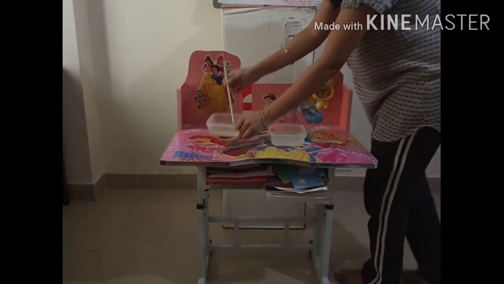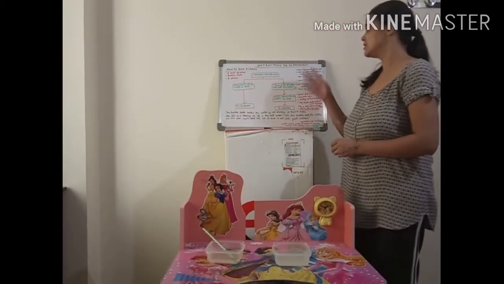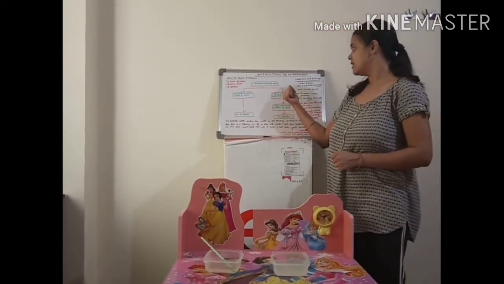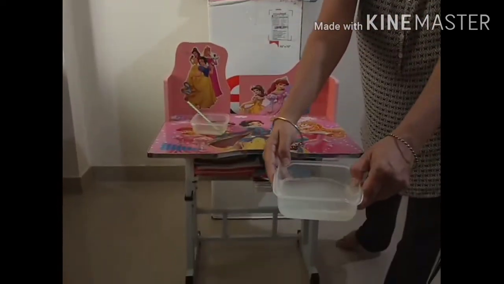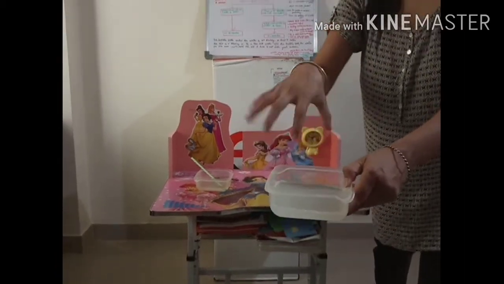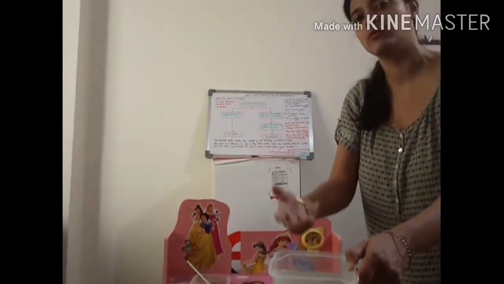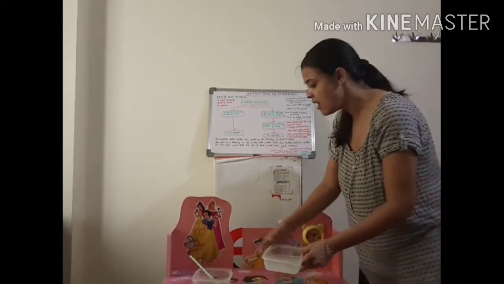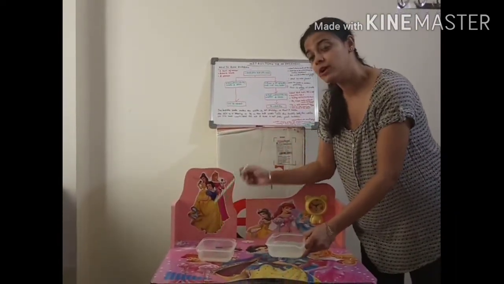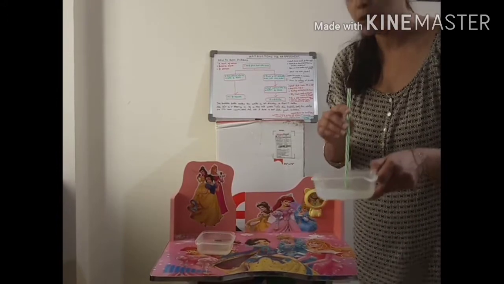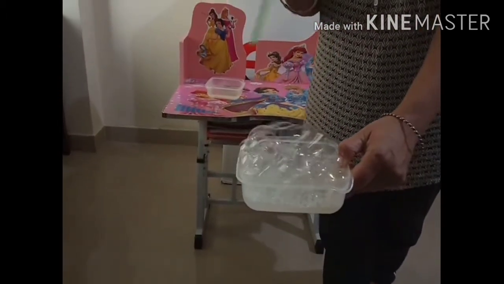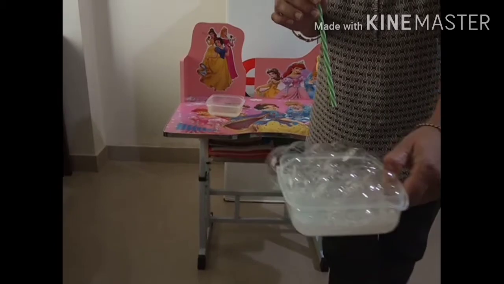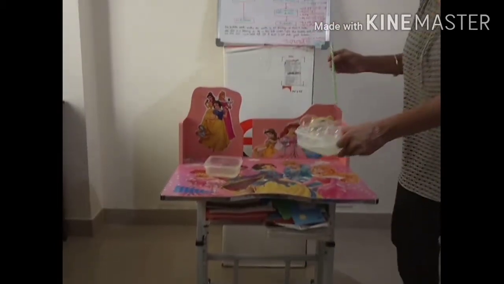Now, let's come to the second way of the experiment, where I am putting a bit of bubble bath. See this water, it has bubble bath inside. This water is mixed with soap liquid, so we get a bubble bath. Now I'll put the straw inside. Let's see what happens now. See, I'm blowing air inside. See, what can you see here? There are bubbles. Did you all see it? Good.